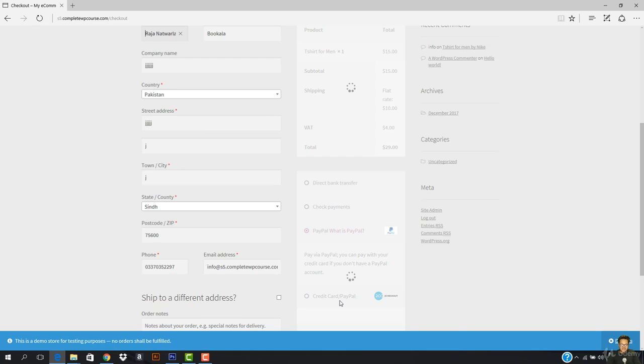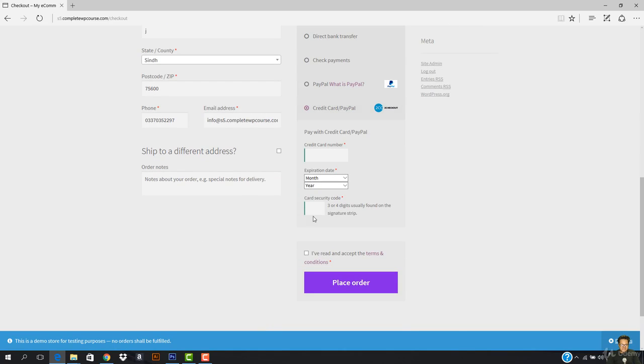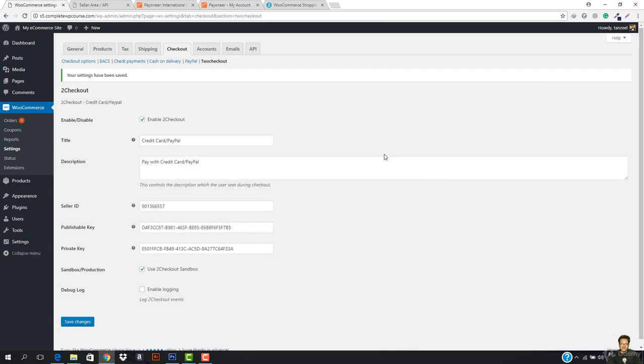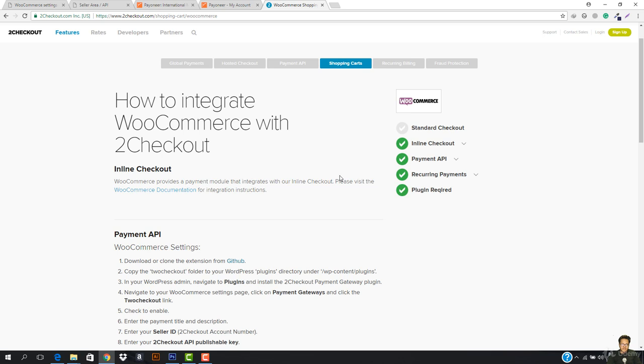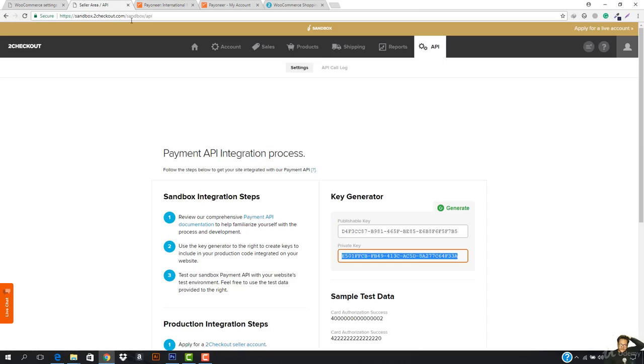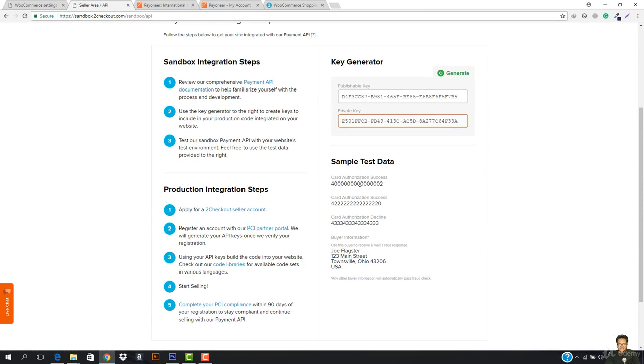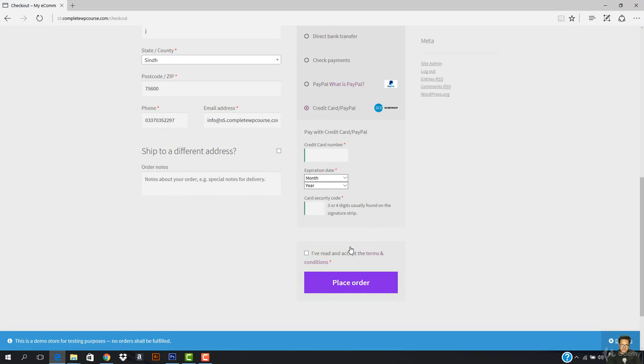I'm just gonna go ahead, I'm gonna select the credit card PayPal. Since this is the to checkout the test account, that is why I have to enter the test detail. So this will be under here, the sample test data. So this will be the card authorization success. Okay, so now I'm gonna come here, I'm just gonna come here, I'm gonna go to Internet Explorer right here,